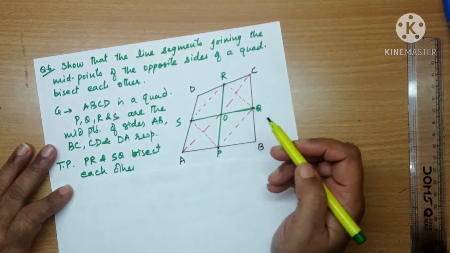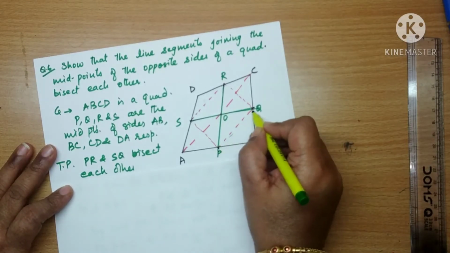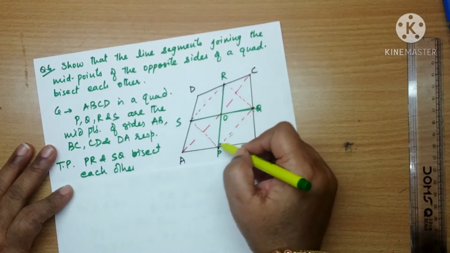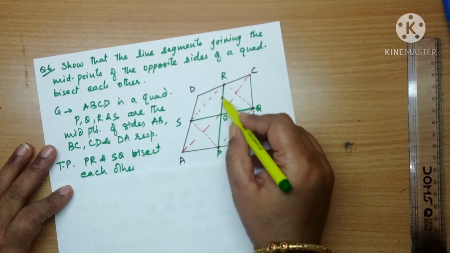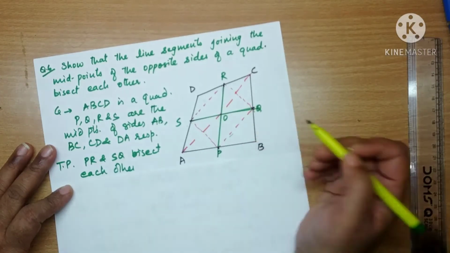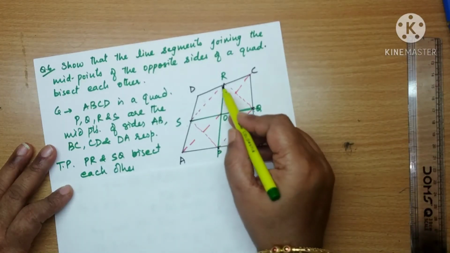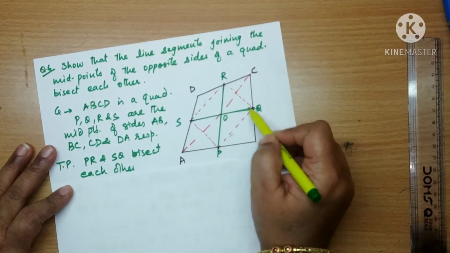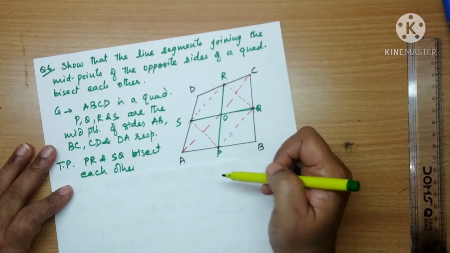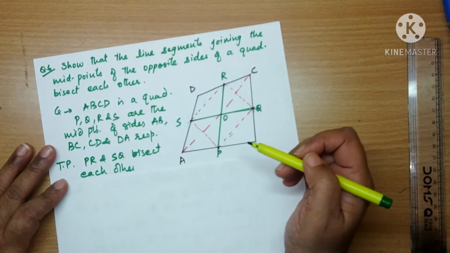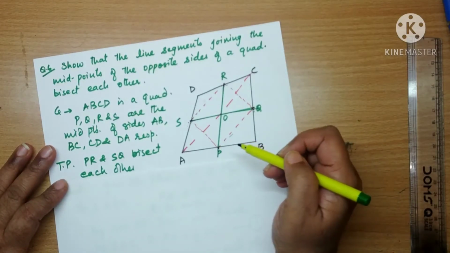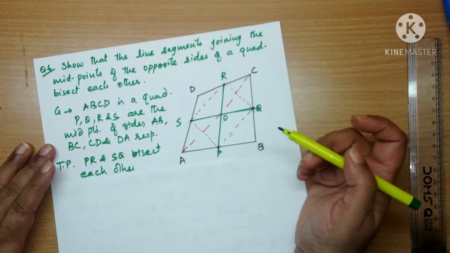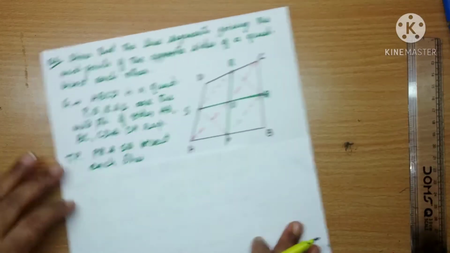We know diagonals of a parallelogram bisect each other. So if I join them, I get this quadrilateral PQRS. If I prove PQRS is a parallelogram, then we know these are the diagonals of a parallelogram and they will bisect. So in order to prove PR bisects SQ, it is sufficient for me to prove PQRS is a parallelogram. And we have done how to prove a quadrilateral formed by joining the midpoints of the sides of a quadrilateral is a parallelogram. Question number 1, question number 2, and in some other questions also. So let us start. Proof.